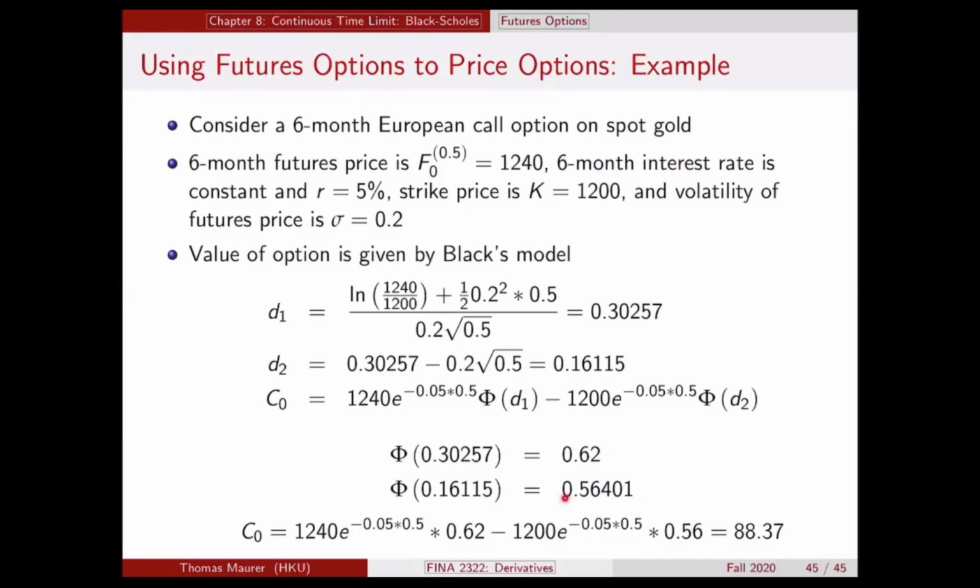That gives us 56.401%. So according to Black's formula, the futures option price is given by